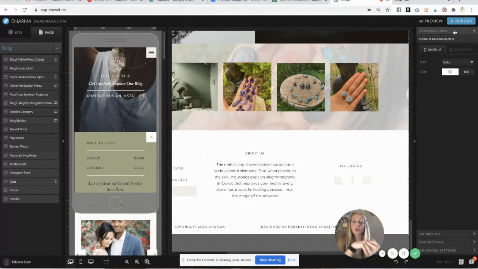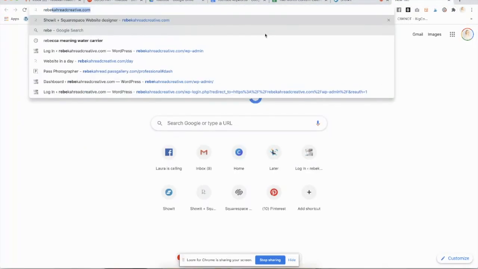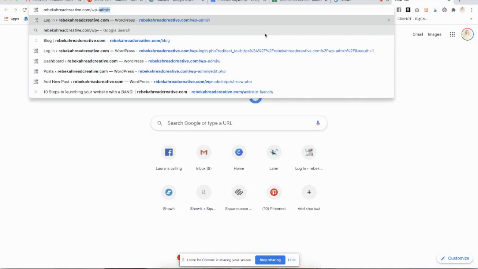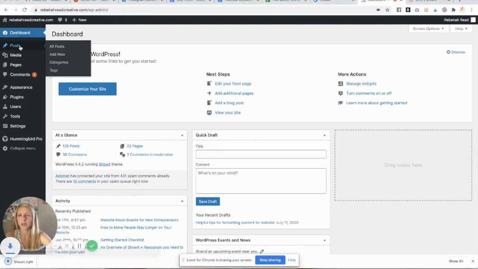So the next step is to go on to the back end of WordPress. To do that, you would type in whatever your domain name is, and then WP-admin. Once you enter your username and password, you go on to the back end of WordPress. Showit will set up most of all this. You'll just come over to posts,